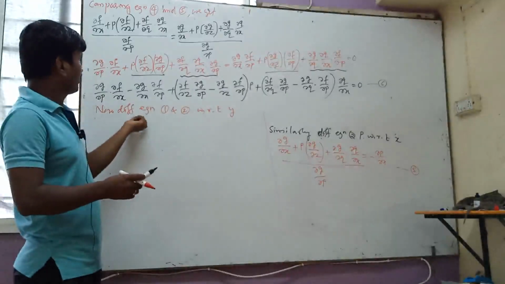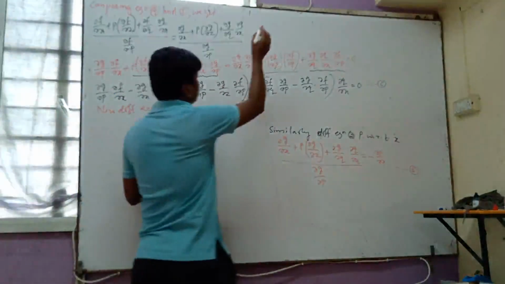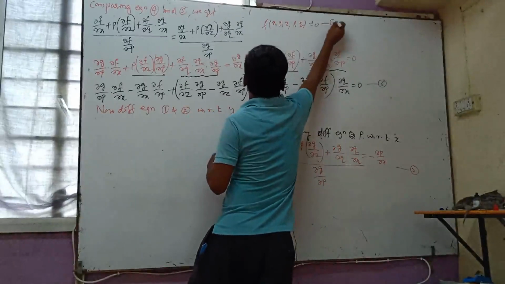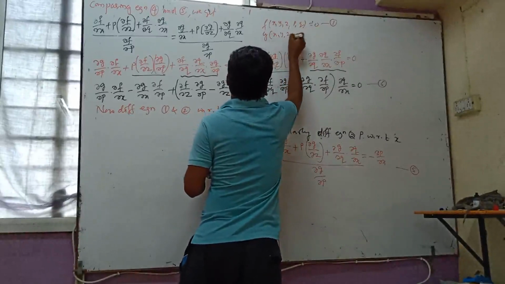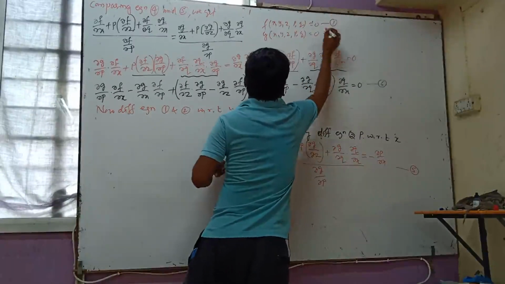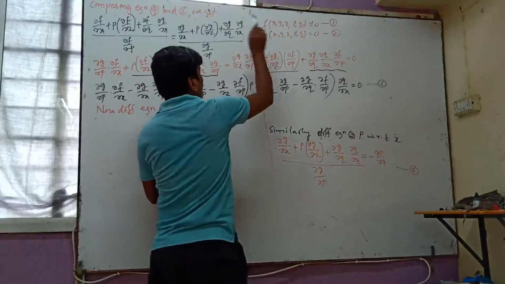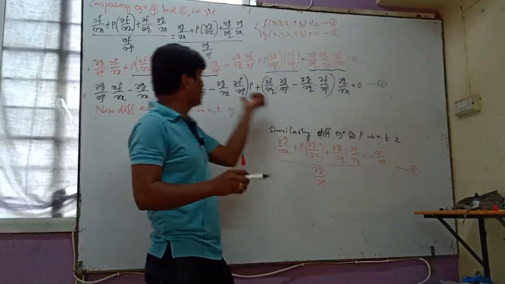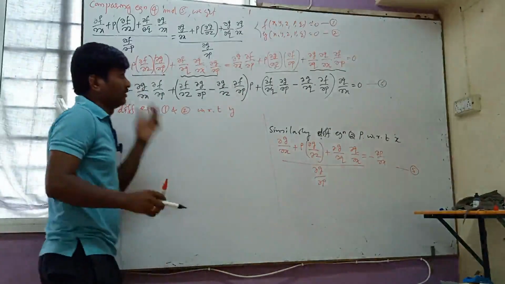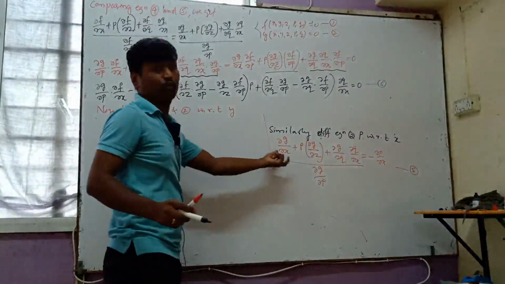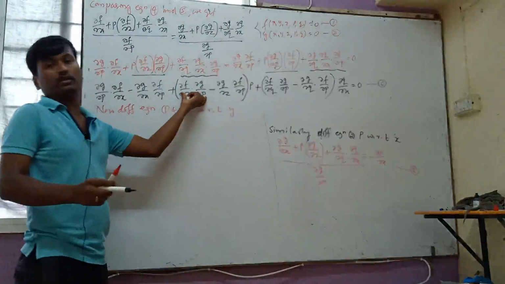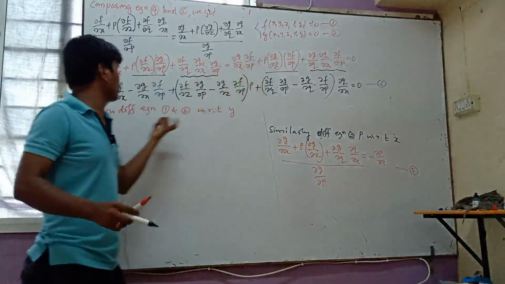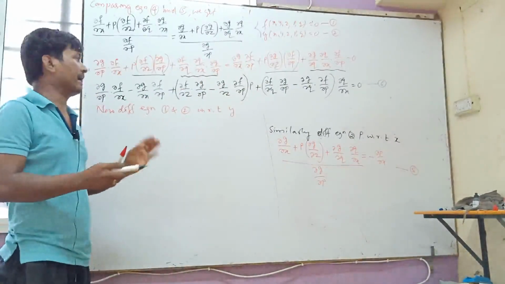So after differentiating with respect to y, what are those equations? First equation: f(x, y, z, p, q) = 0 and g(x, y, z, p, q) = 0. Equation number 2: I am differentiating now with respect to y. With respect to x, I have already differentiated partially. I get this equation after differentiating with respect to x. Both the equations I have differentiated with respect to x, and I will get this equation number 6. Similarly, if you differentiate both the equations with respect to y, you will get the answer directly.